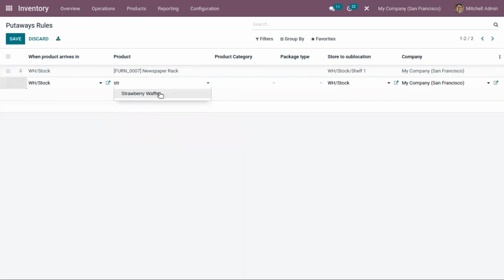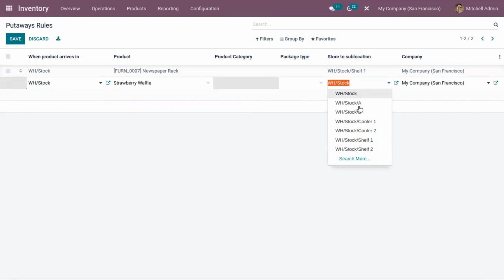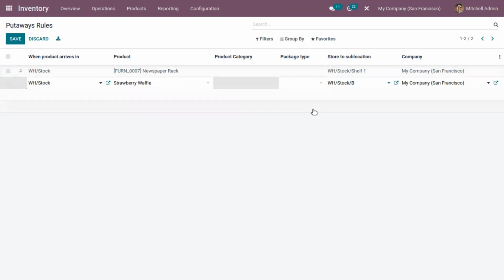Here I have created a product, strawberry waffle, and when this product arrives in stock, I'm going to move this to stock B. This one is a sublocation of stock.